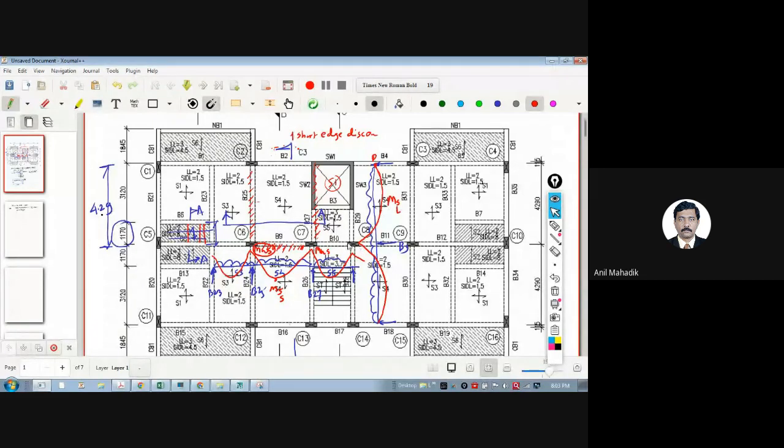Long. And there is a Long MH here, which is also for long. So these are the two moments. For whatever these moments are coming, the steel is calculated for this. And we will provide the steel in this direction. So the direction of long span steel is like this. This is your long span steel at the bottom,